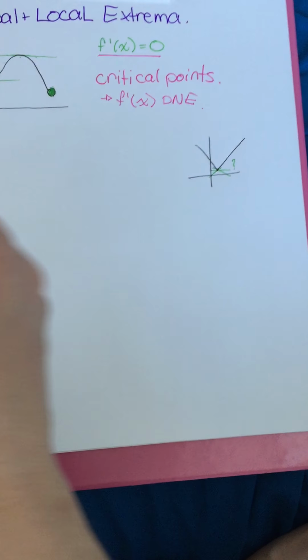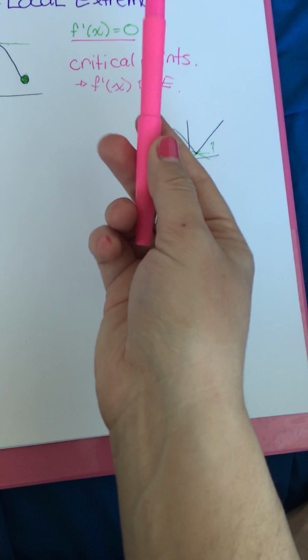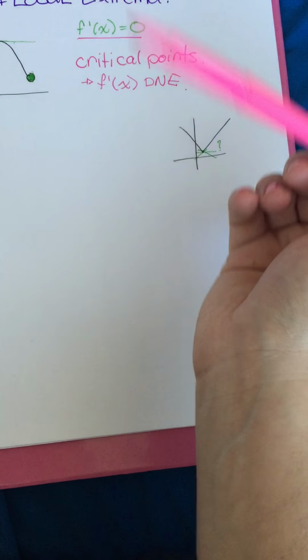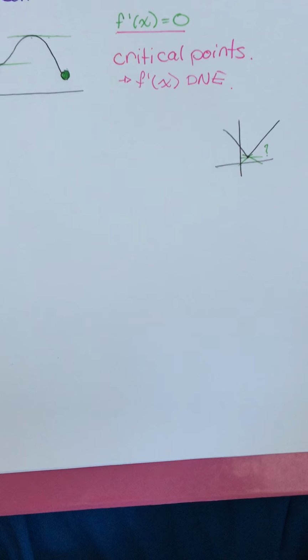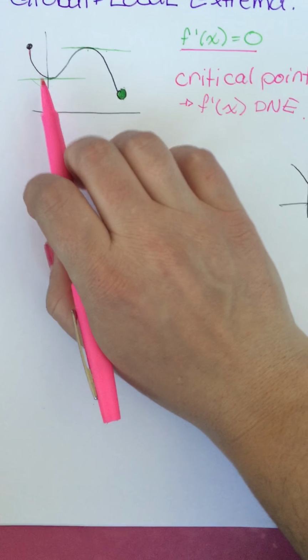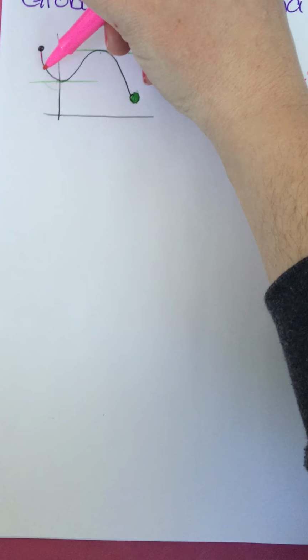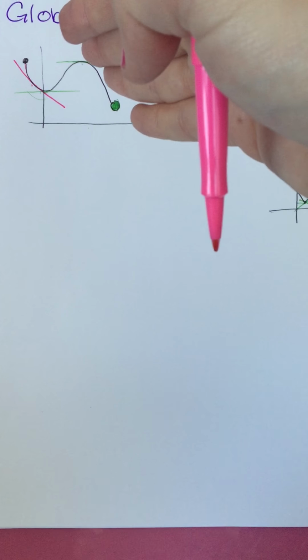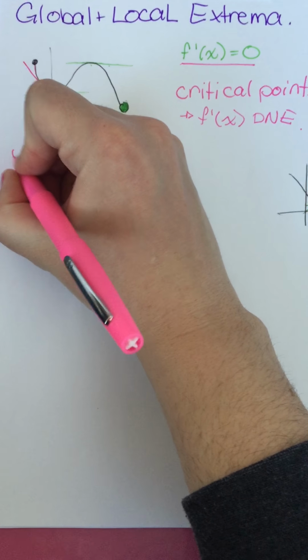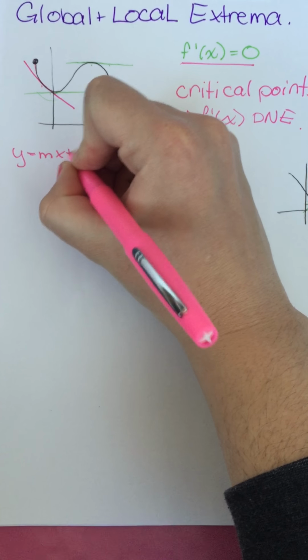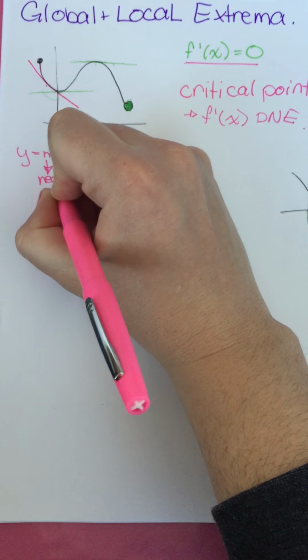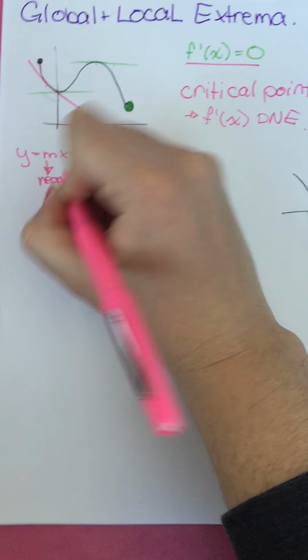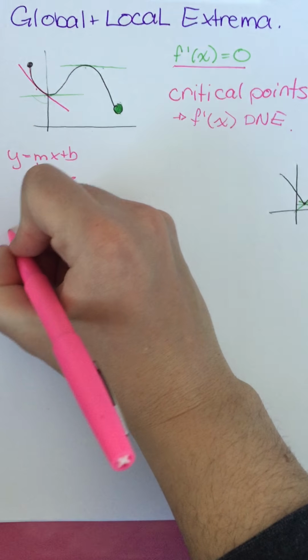Another interesting thing that we want to look at before we look at these points is intervals of increasing and decreasing. We notice here the function starts up high and then we start going lower and lower and lower before hitting this point and then coming back up. So let's take a look at this tangent line. Well, this tangent line is sloping down. So if we were to think about this in terms of y equals mx plus b, the slope m would be negative. So that means that a function is decreasing